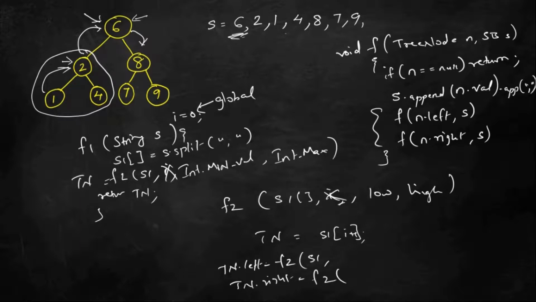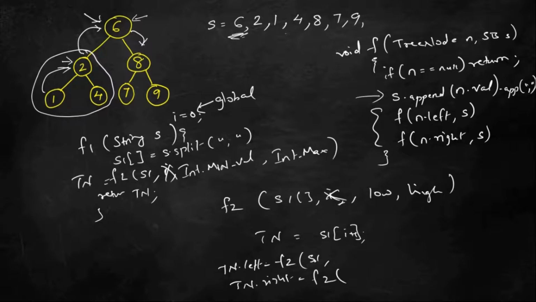So here we are doing pre-order traversal, here also we are doing a pre-order traversal, but we were traversing through the tree node here, getting the value of the current node, appending it to my string, and then again recursively calling the function, passing the left and right node. Here also we will do the same thing, but at this time whatever is the current index I will fetch that value from the string, create the node, and for the node's left and right values I will recursively call my f2 function, passing the low and high.